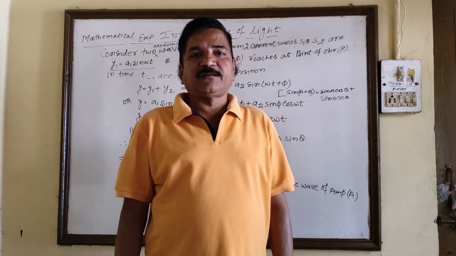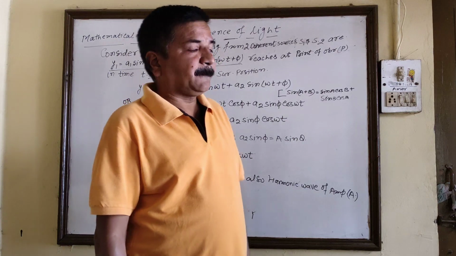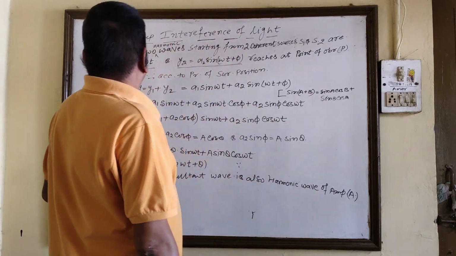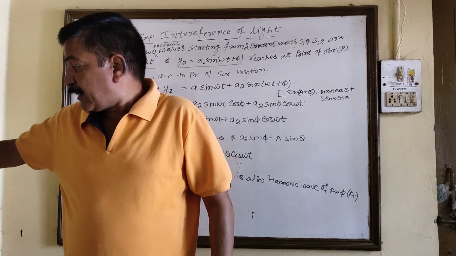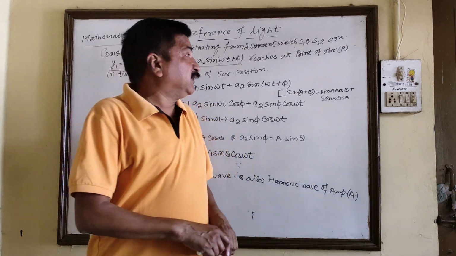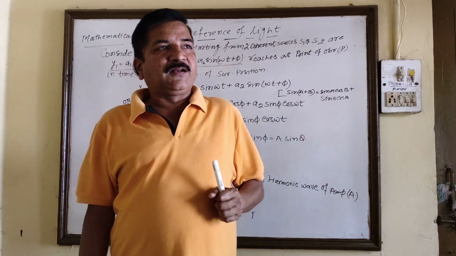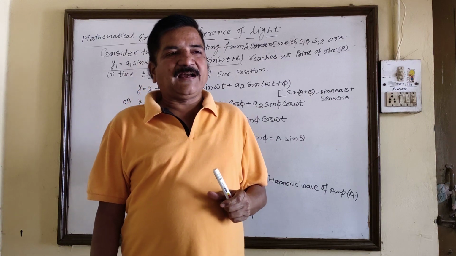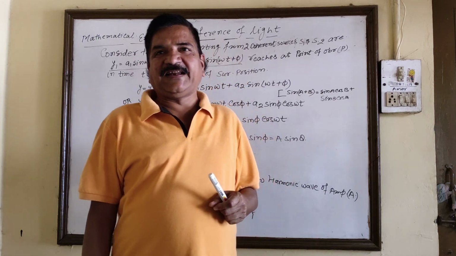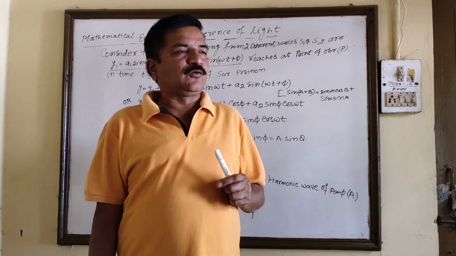Morning, students. In this session, we will discuss the mathematical expression for interference of light. And in this, we have to consider two concepts. First, Young's double slit experiment, in which we have considered two sources of light, and these two sources of